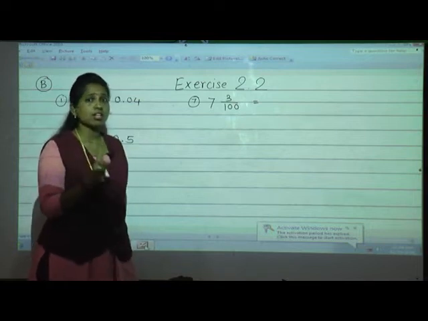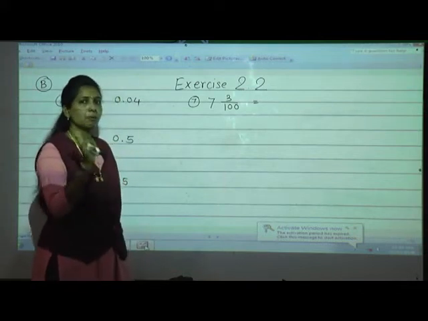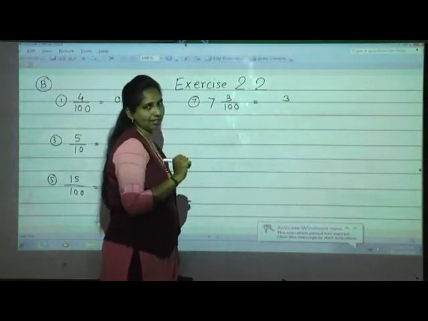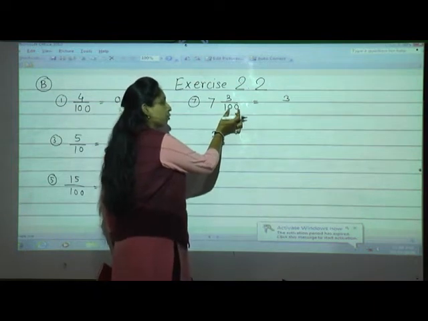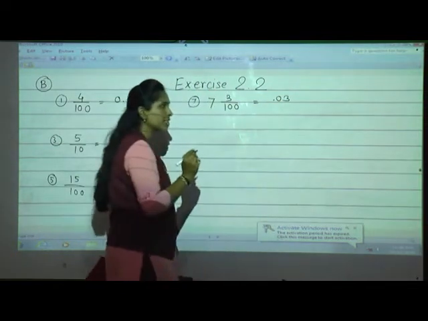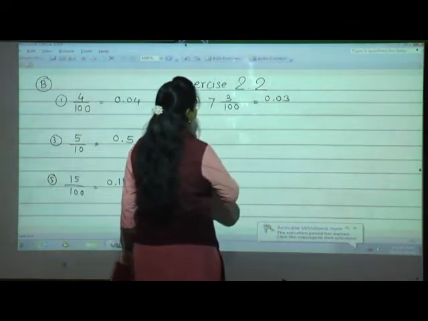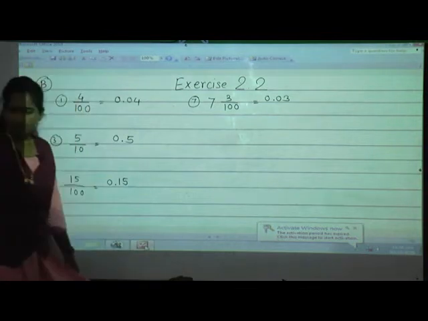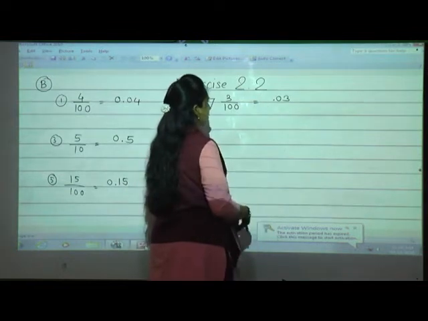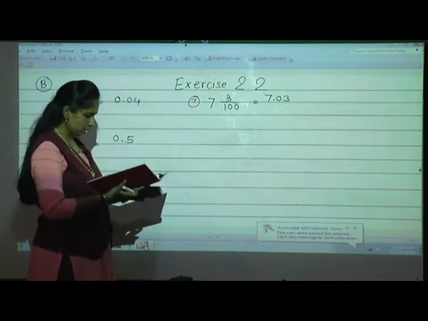If it is hundreds, 100 is followed by 1 and 2 zeros. So you have to give the decimal point after 2 digits. So write first numerator as it is, that is 1 digit, but we have to give after 2 digits. So one more digit, then one more digit. Why we had given 0? Because nothing they had given. So write 0.0. Clear? No. See here, whole number they had given, 7 is here, so we can't write 0. So you have to write here 7. Clear till here? Yes. Now one more example.